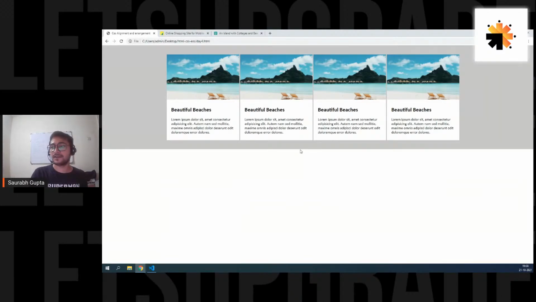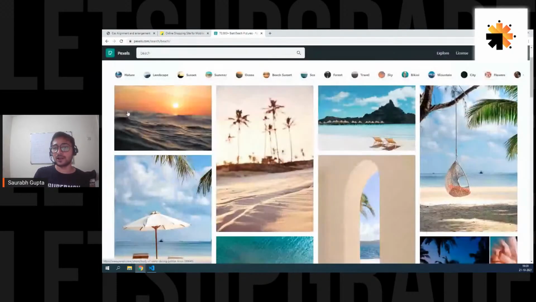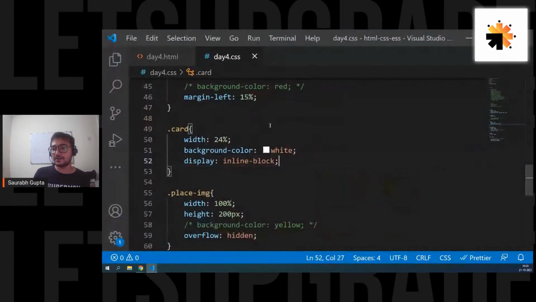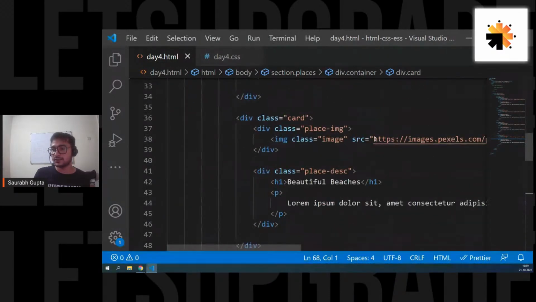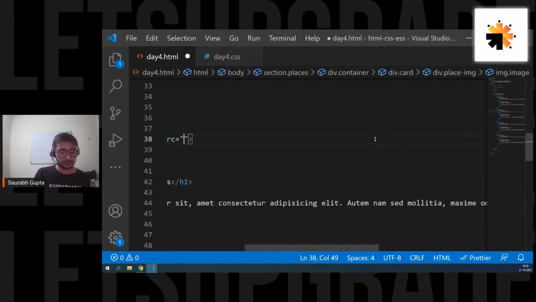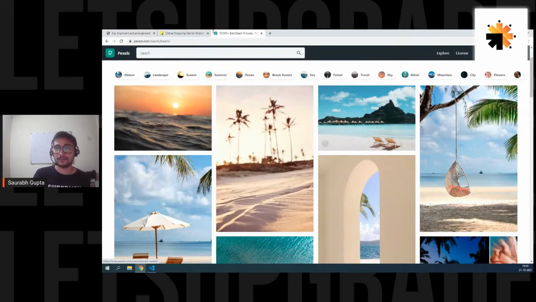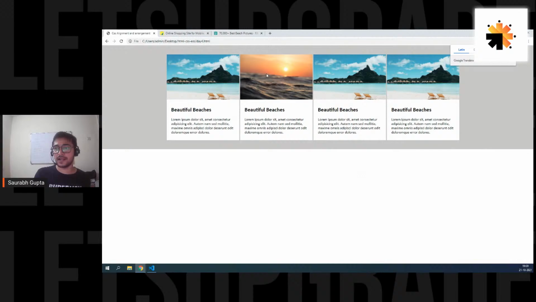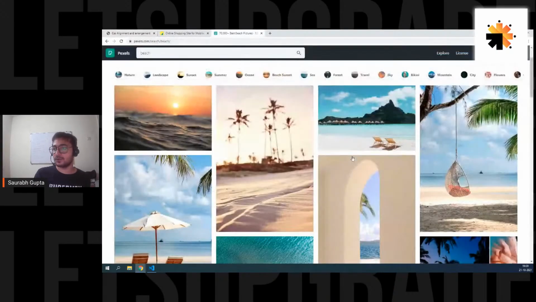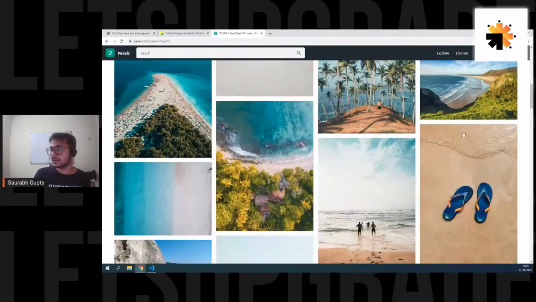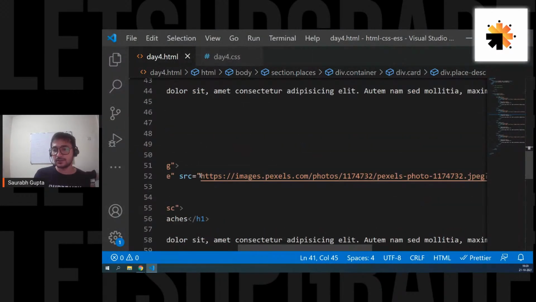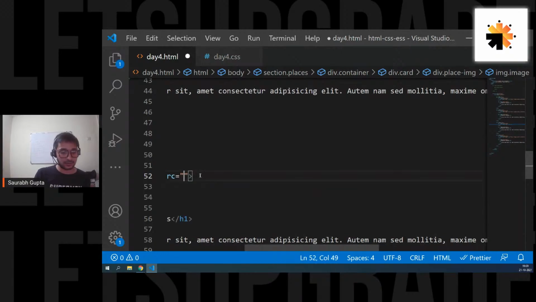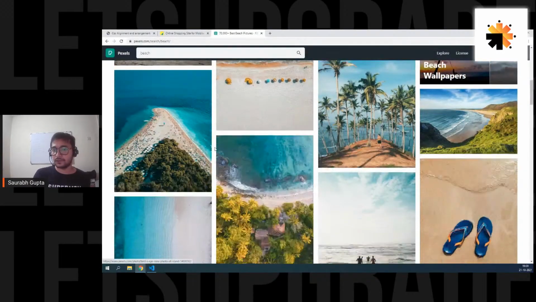And here we go. See that? All the 4 elements are arranged beautifully. And now if you want, you can change the images real quick. So copy image address, go to the second card, change the source. For the next one also, something else like this. Copy image address, go to the third image, change the source. For the last one also,